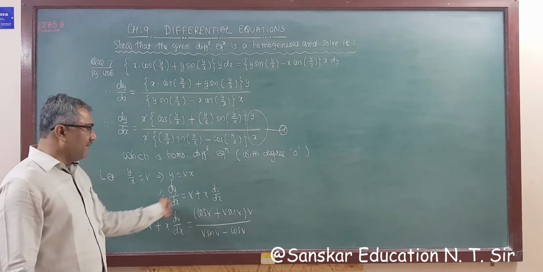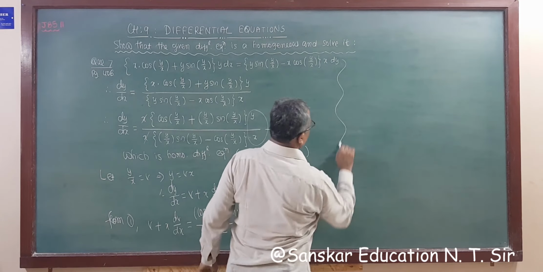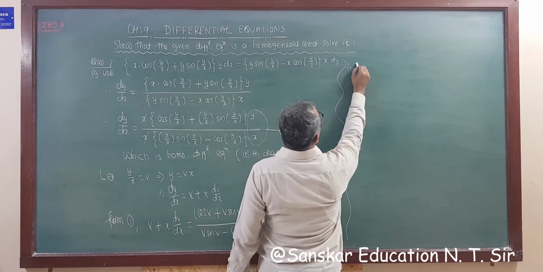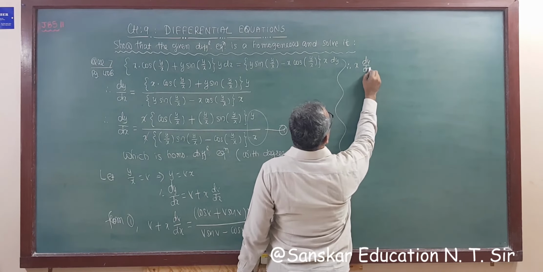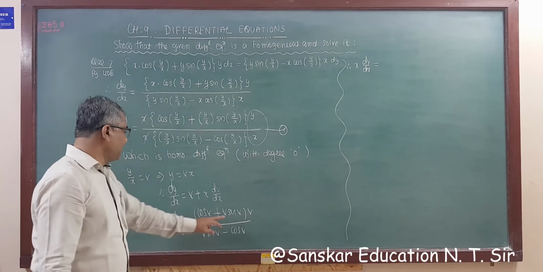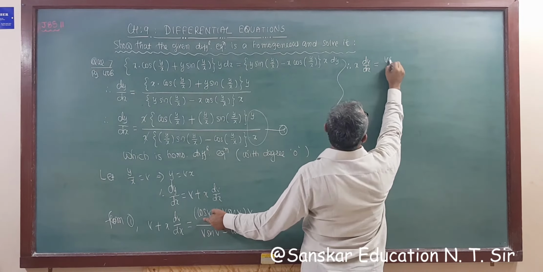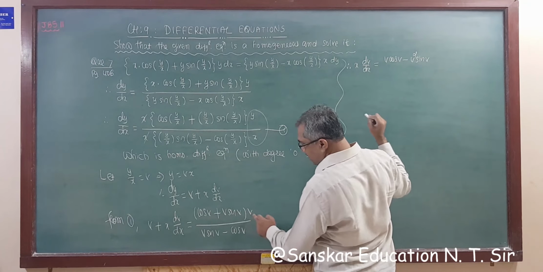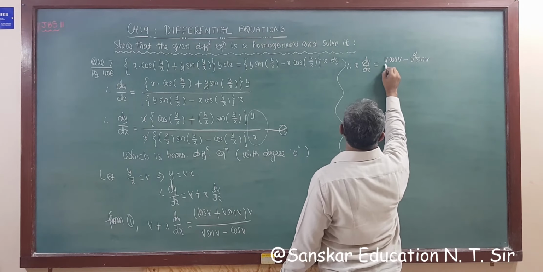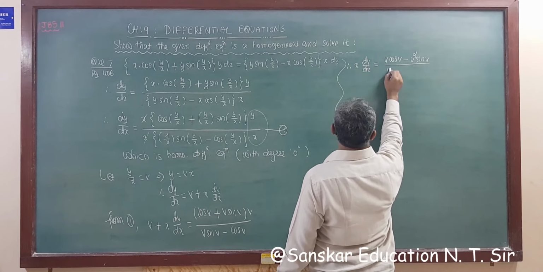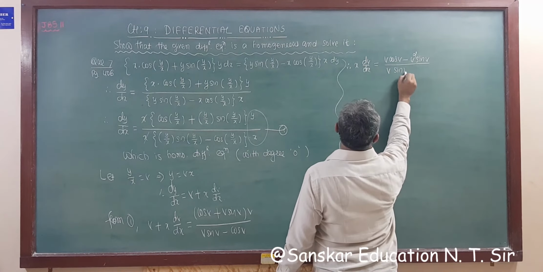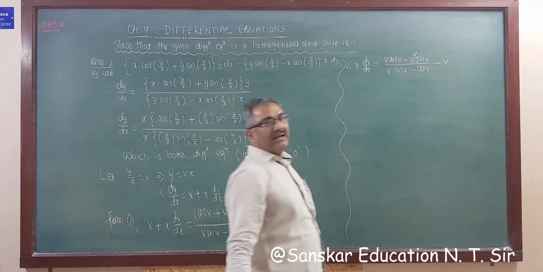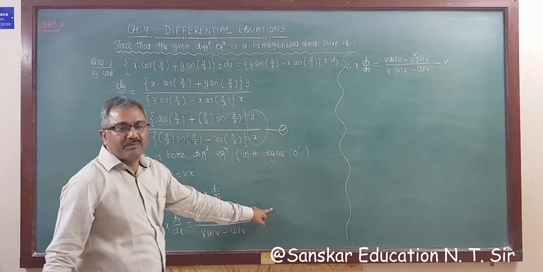Okay, so now taking v to right hand side and multiply by v also here, right? We multiply this also, so we get x dv by dx. So x dv by dx is equal to, this is v cos v minus v square sin v, right? Whole upon v sin v minus cos v and minus v, and taking minus v here becomes minus.